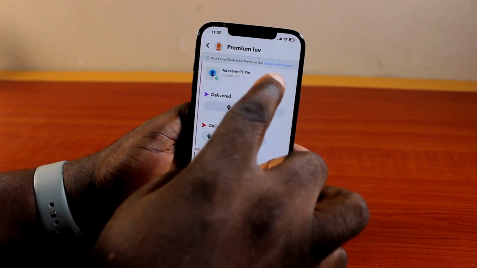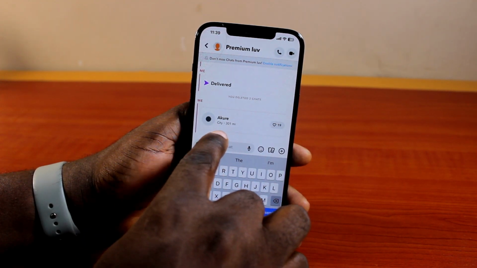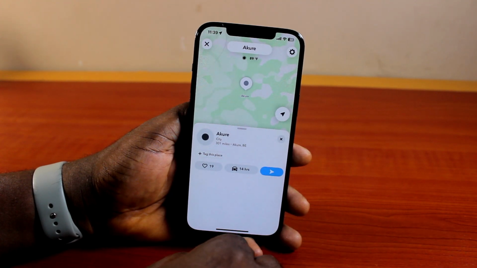Now if you come back again, you should see on the Snapchat message page that you sent a location to this particular person. So this is the location you sent to the person. So that is basically how to send